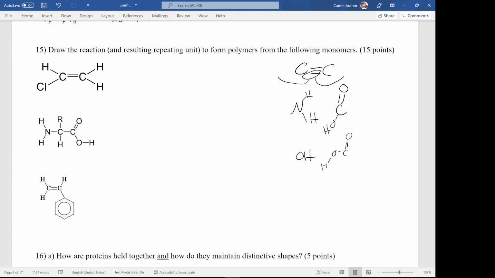So again, what we can do is try to find these telltale signs. So for the first one, there's no oxygen, there's no nitrogen, so it can't be a condensation, and we've got that carbon-carbon double bond. And so to show that reaction, I'll just draw the exact same molecule right next to it. But I've already made a mistake, I can see, because I wasn't being very careful. This carbon actually has a chlorine here instead of a hydrogen. So there we go. And like I said, this double bond will be sacrificed and form a new bond here,